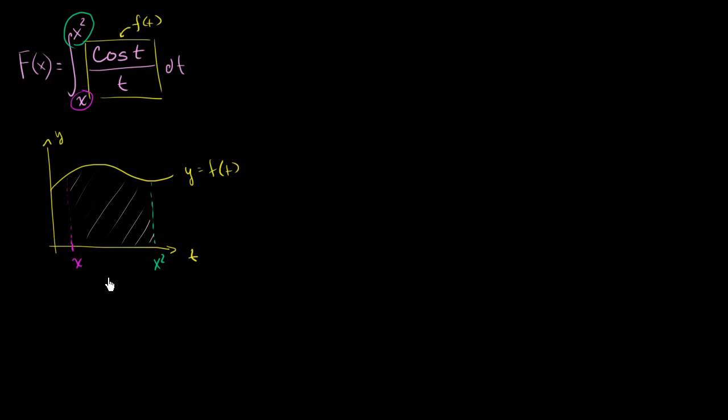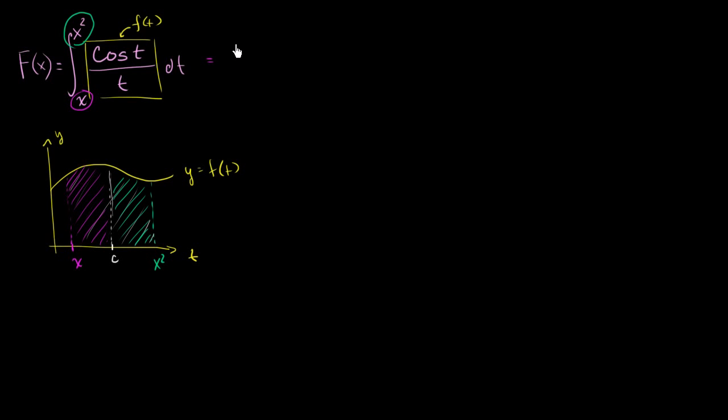But what we could do is introduce a constant that's someplace in between x and x squared. Let's say that constant is c, and break this area into two different areas with c as the divider. So that same exact whole area, we can now write as two separate integrals. One integral represents this area right over here, and another integral represents this area right over there. And c is some constant between x and x squared.